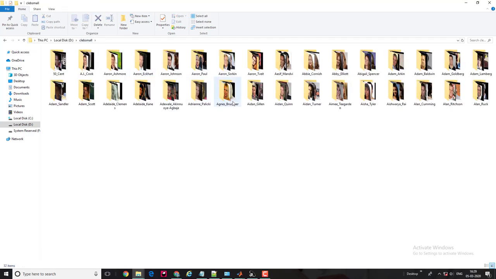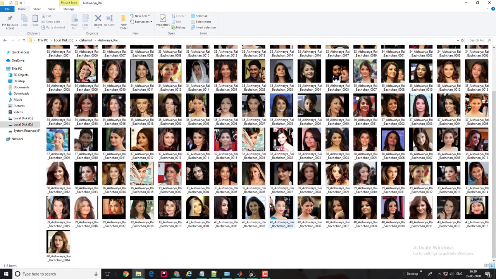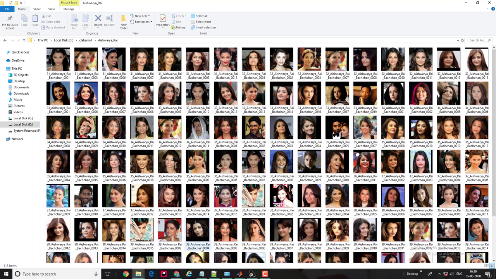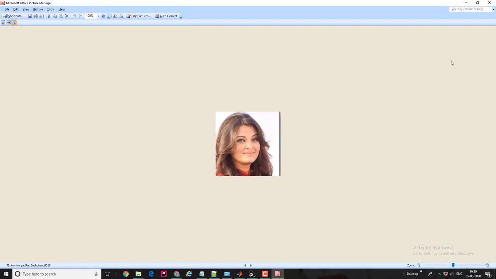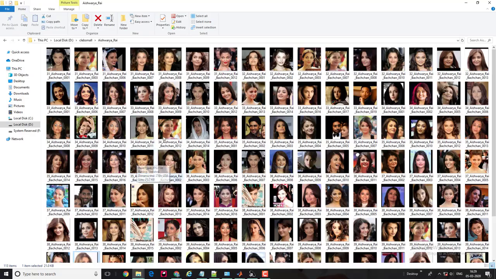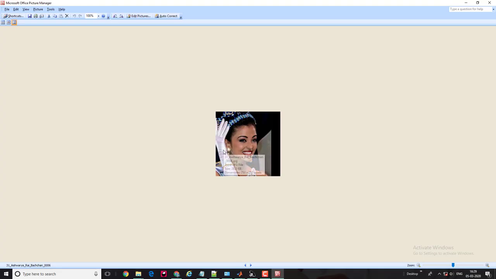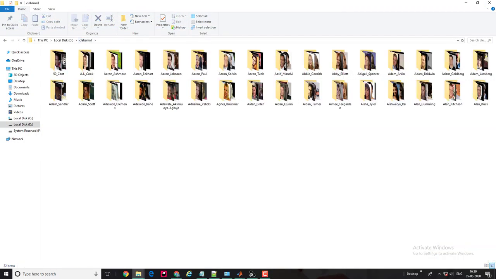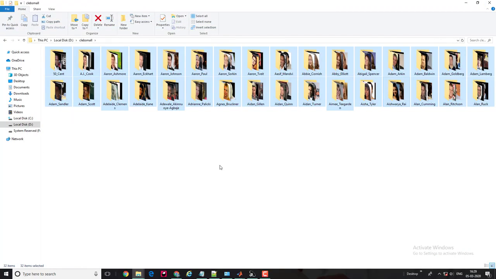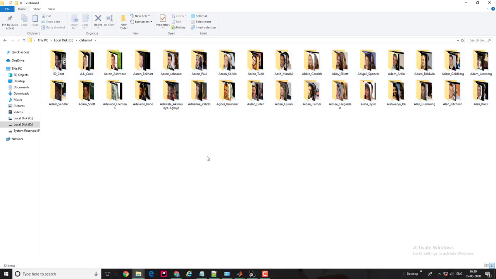I have also taken one Indian celebrity, Aishwarya Rai, and her face images at different stages of life. Like this is the image while she was pregnant, and this was the image when she was chosen as the beauty pageant Miss World in the year 1996. So these are the 32 celebrities' images.